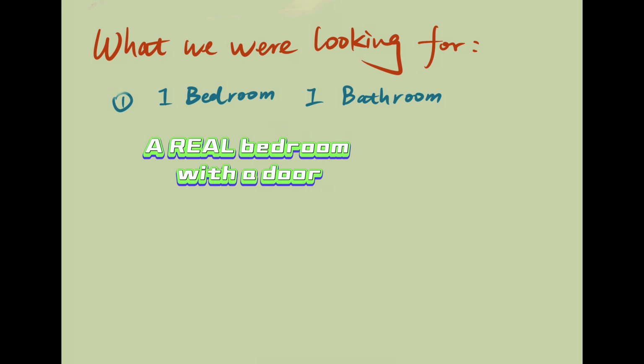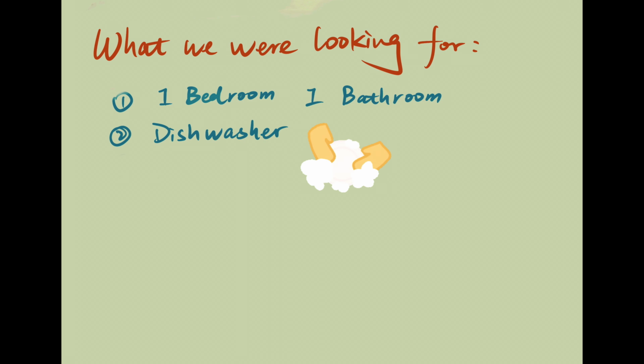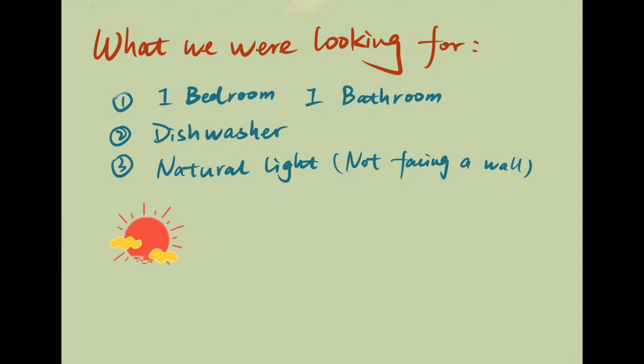We're looking for a one bedroom because we both work from home and we need separate spaces for our desks and to be able to take meetings. We need a dishwasher because that's my job and I'm not hand washing all those dishes. We also don't want an apartment that faces a back wall because we need a lot of natural light for